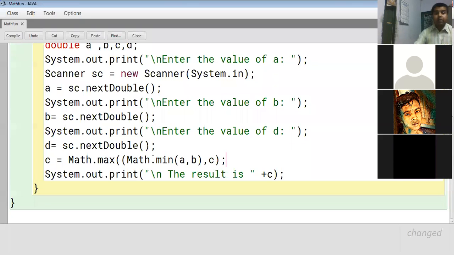Before showing you the output, let me see what dry run you can do and I can do. The c will be d there, I guess, in the equation. Yes, it will be d. Thank you. So math.max requires two values.